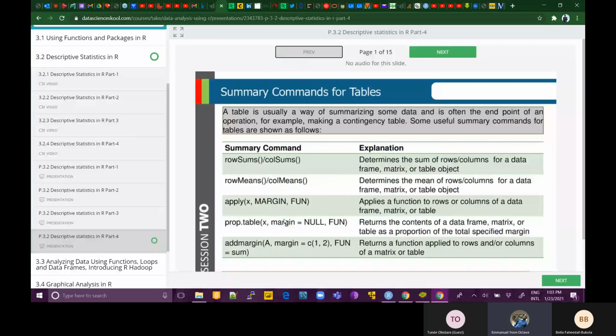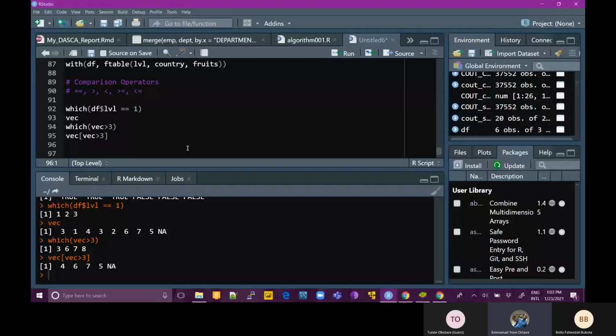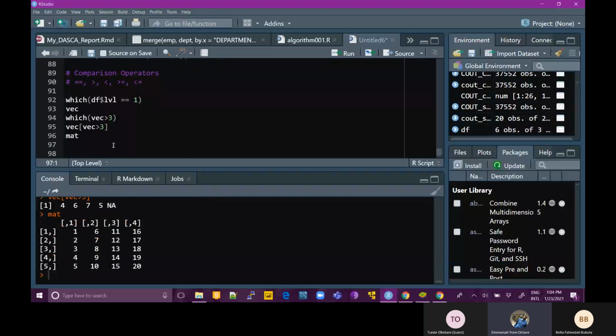So if I say prop.table, let me use a particular matrix. I'm wasting much time in this session. Let me create a matrix. Okay, this is a matrix. If I now say prop.table,